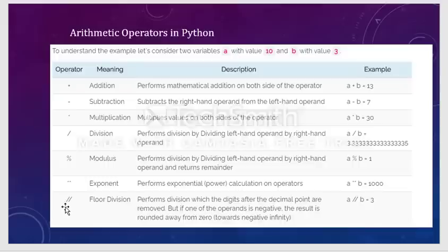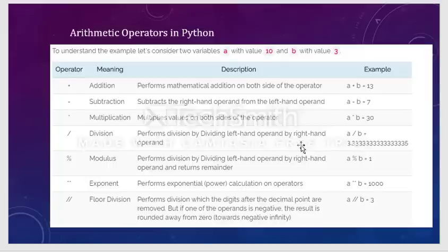Now, a somewhat different operator that exists in Python programming is double slash. As you see in the description, double slash performs the division in which the digits after the decimal point are removed. So when we do 10 double slash 3, you will get the quotient as 3 point something.